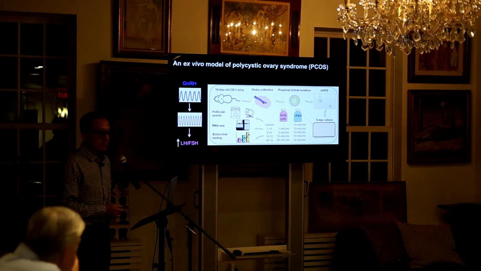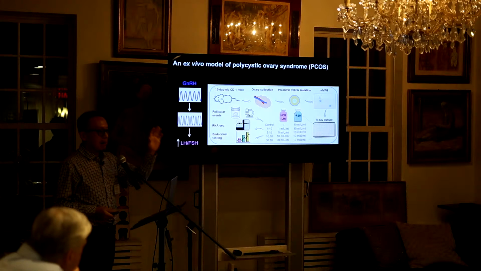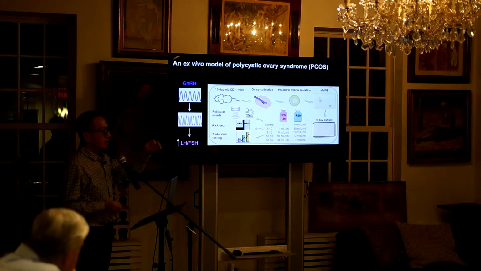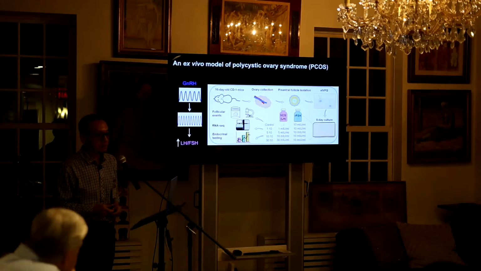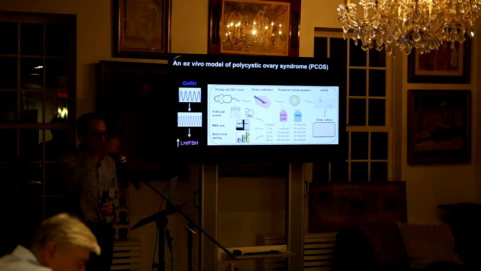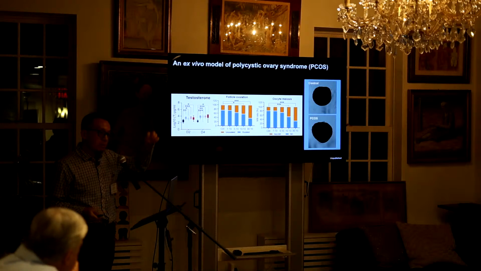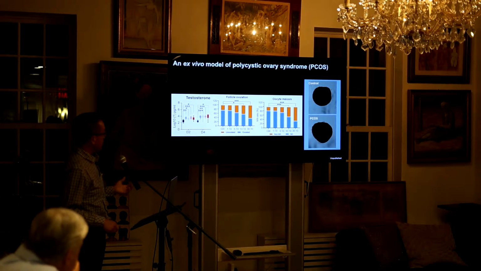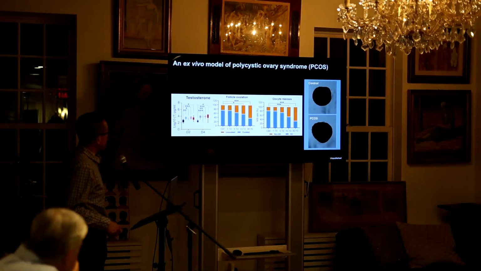So what we want to do is mimic the abnormal GnRH gonadotropin secretion pattern. We use HCG here, relative to the FSH. And then we want to see whether we can mimic what is happening in the ovary in PCOS patients. So that is our recipe. We give them different ratios to see the dose response. And what we found is that whenever we change the gonadotropin ratio, we can see a lot of testosterone production. Okay, that's good. And we already have 2 papers demonstrating that.